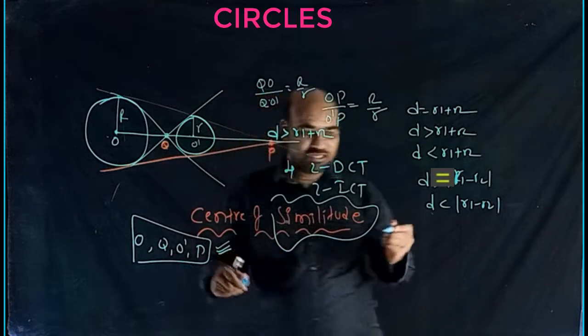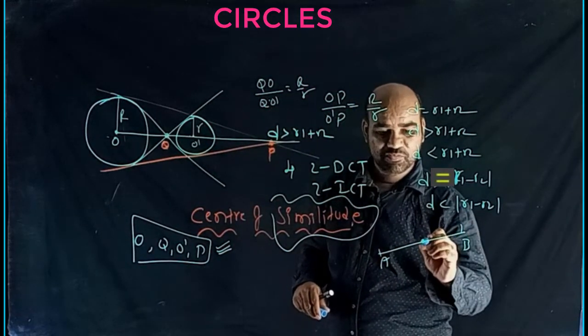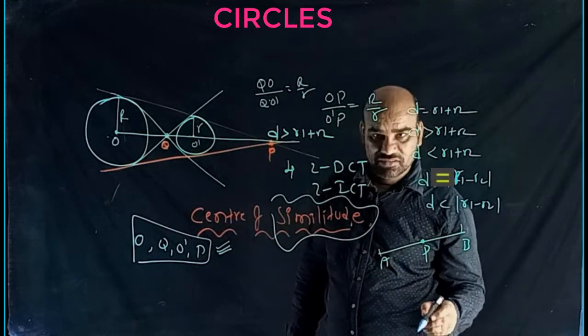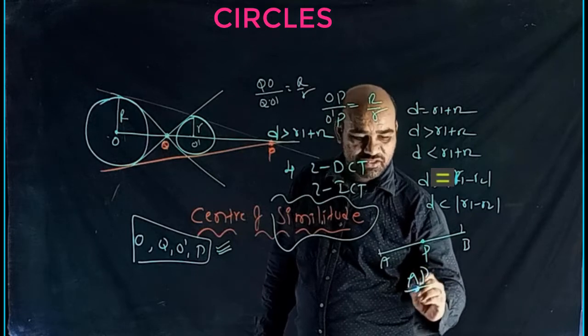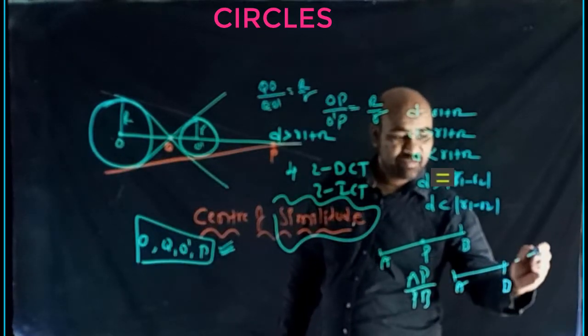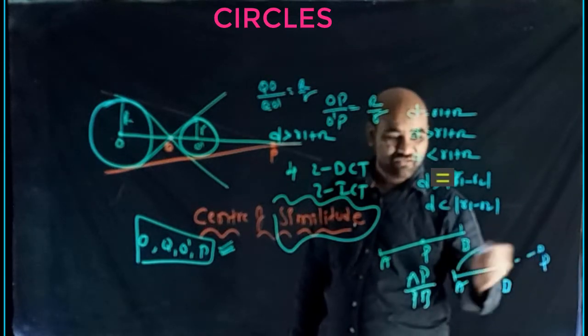So already you know that this is the line segment AB, and this is P. We can say that P divides AB internally in the ratio of AP is to PB. If P is on extended AB, for example here, in this case also consider P dividing AB externally in the ratio of AP is to PB.